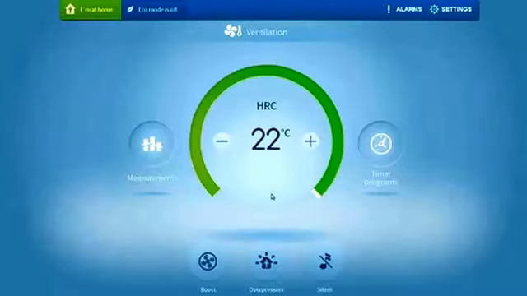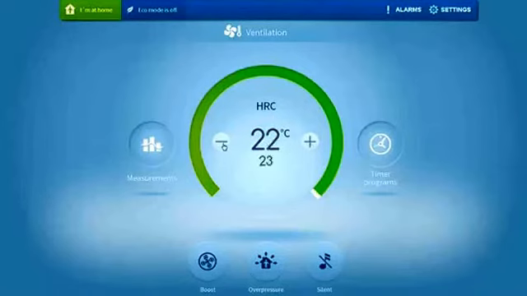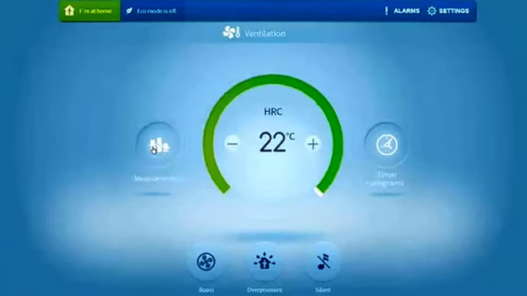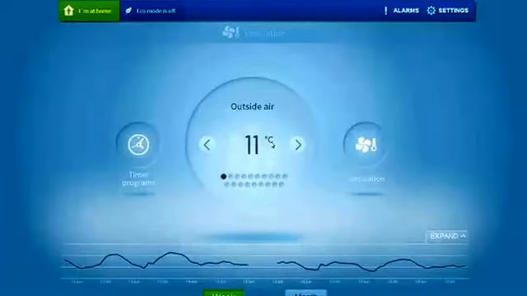Now this is quite important that you do have a complete security, as you will see in a moment. So what I can see in this window now is the current status of the machine. HRC, I don't remember what that is, to be honest, but you can get access to different kinds of set points. But to get the connection with OMI and ODF, I will jump to this measurements window here, where